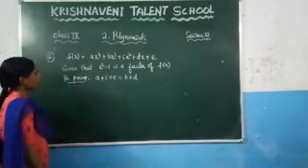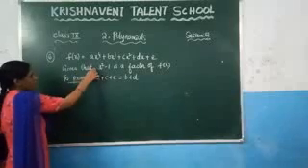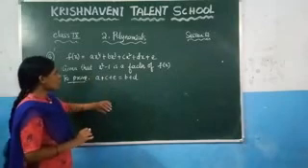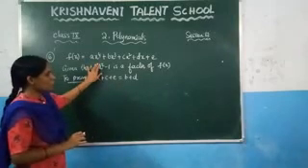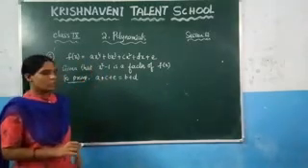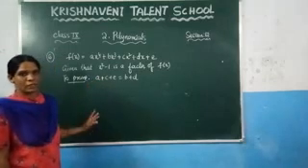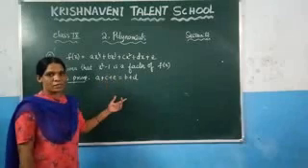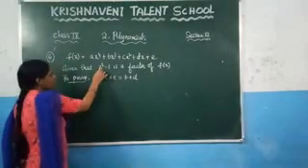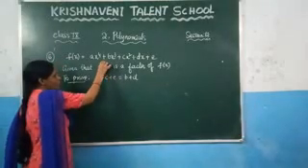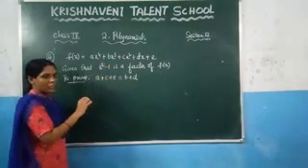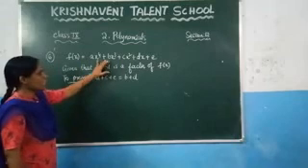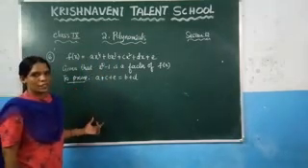Now here, see the question. They said that x square minus 1 is a factor of the given polynomial. So here, you know that the remainder theorem or the factor theorem is applicable only when the divisor is in the form of x minus k. Here you can observe that it is in the form of x square minus 1, so the degree is 2. So here what we need to do? We need to write this x square minus 1 as a product of two linear polynomials.